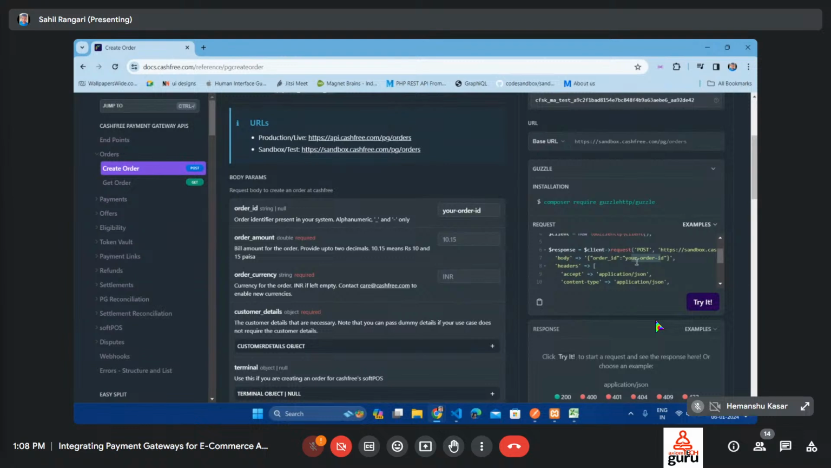It means cashfree.com is giving an actual interface of a testing tool. Okay, and then we have to enter the